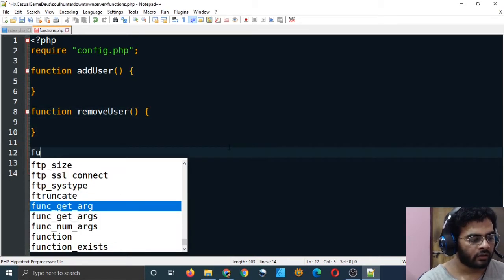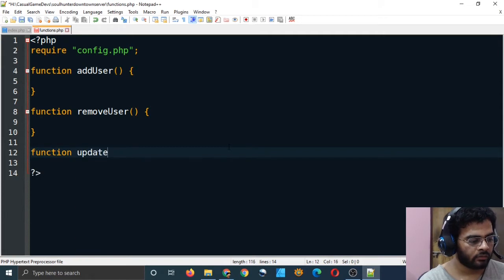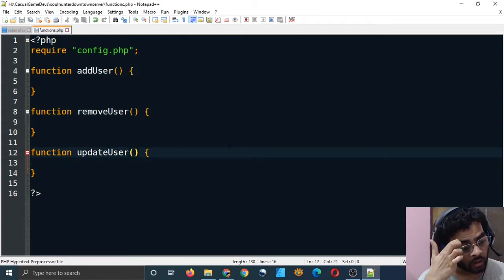And now I think we also need an update user function which will update the, you know, update what, that's also we need to, I think, specify in the function name itself, because how many arguments will we pass? It will be a lot of arguments. Suppose we want to update everything, that's not good. Update user